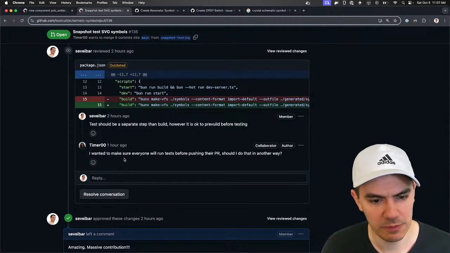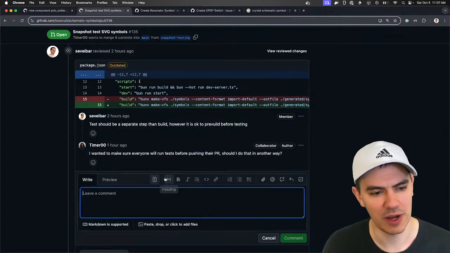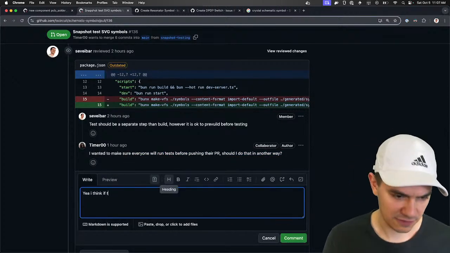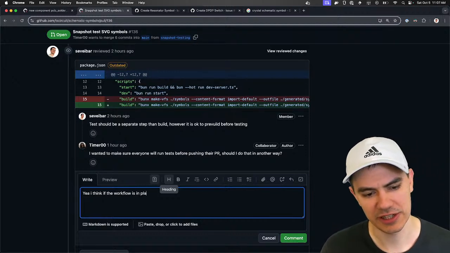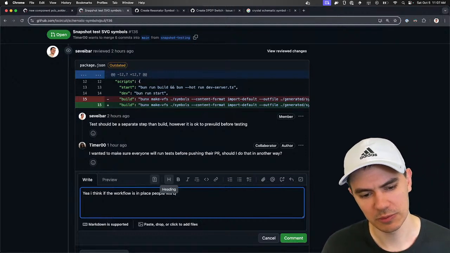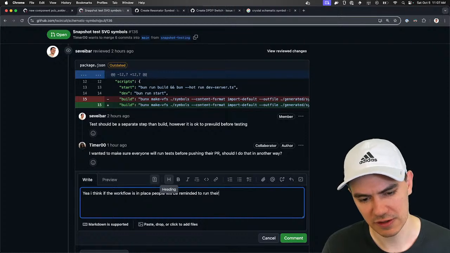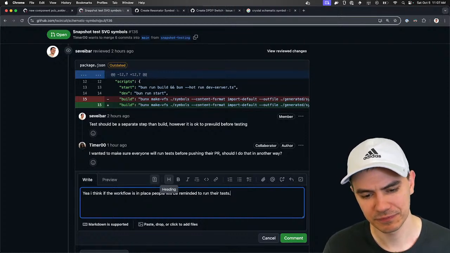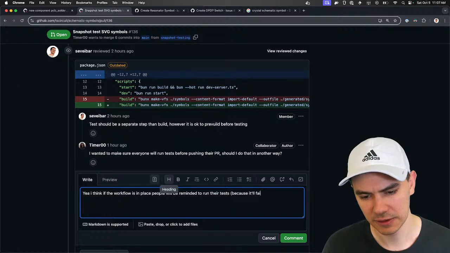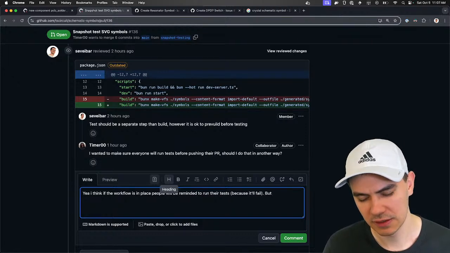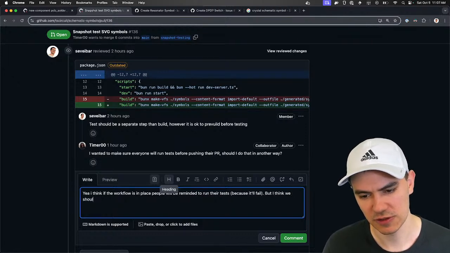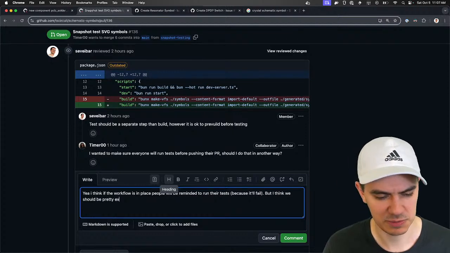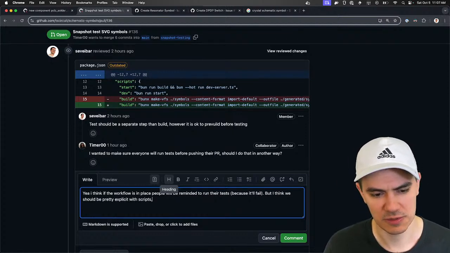We got a comment here. Make sure everyone will run tests. Should I do it another way? Yeah, I think if the workflow is in place, people will be reminded to run their tests because it'll fail. But I think we should be pretty explicit with scripts.